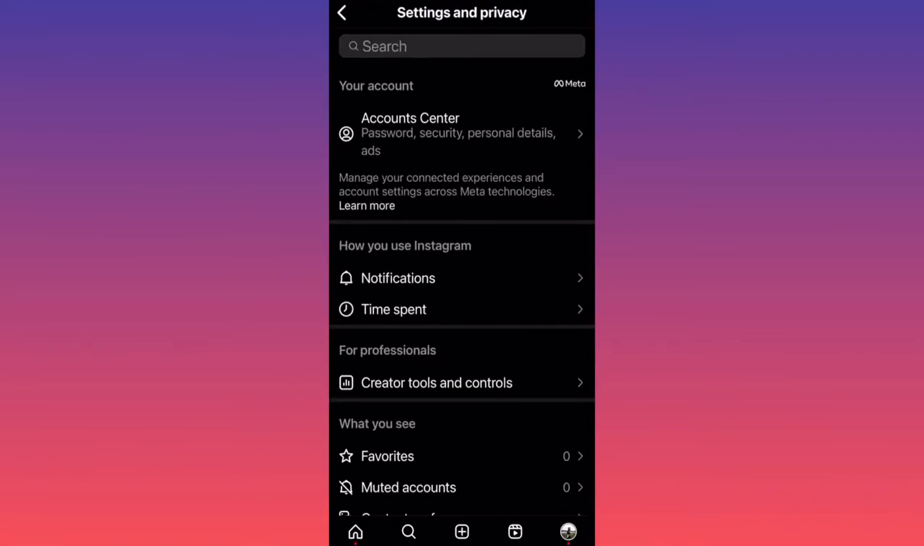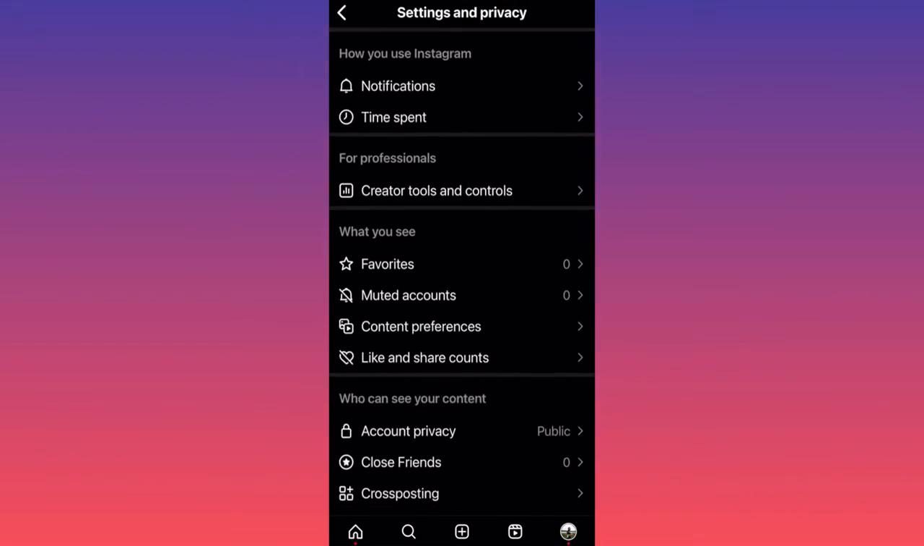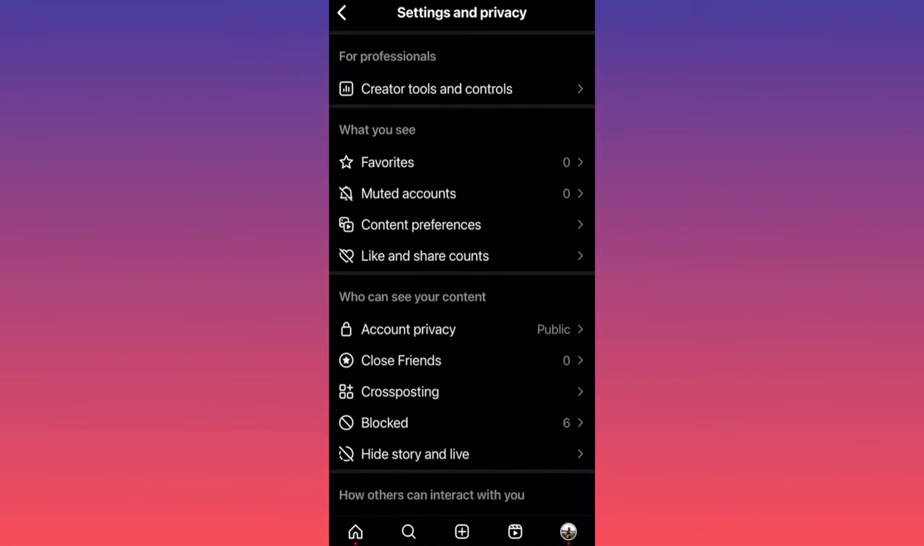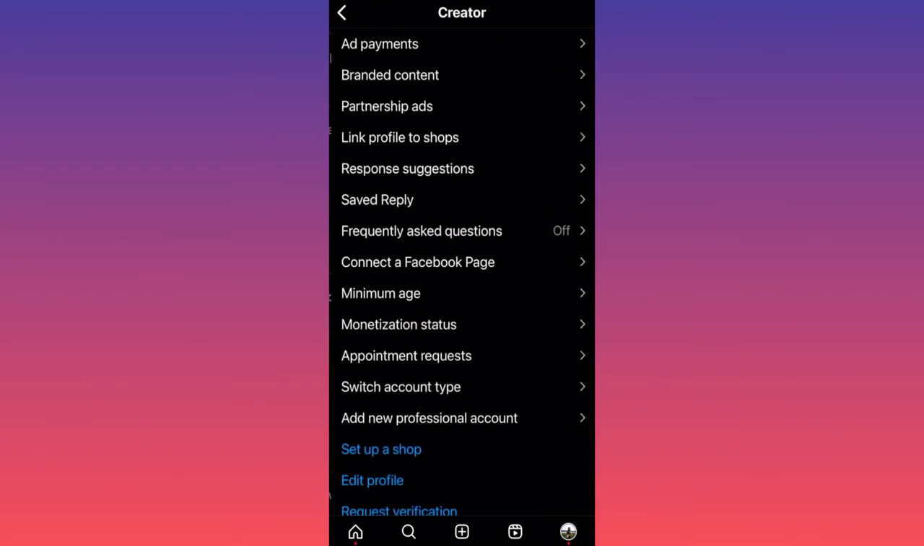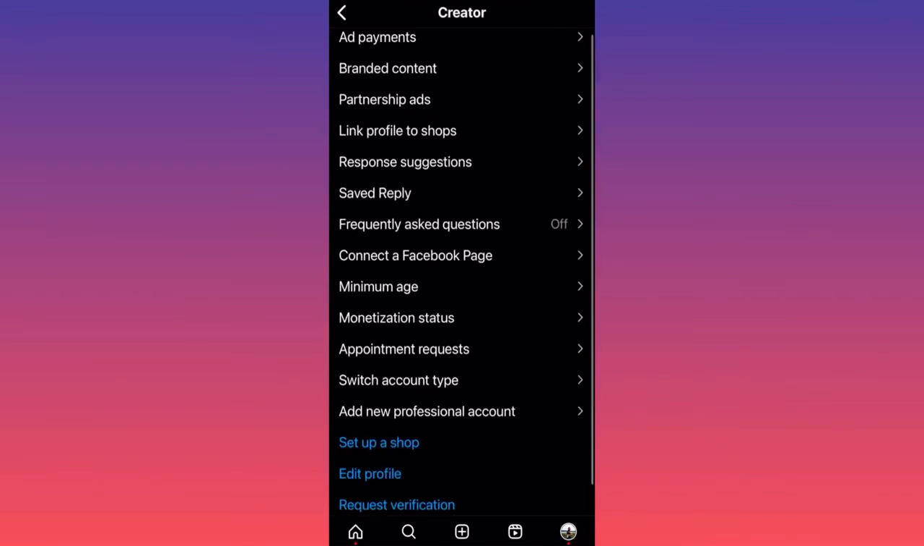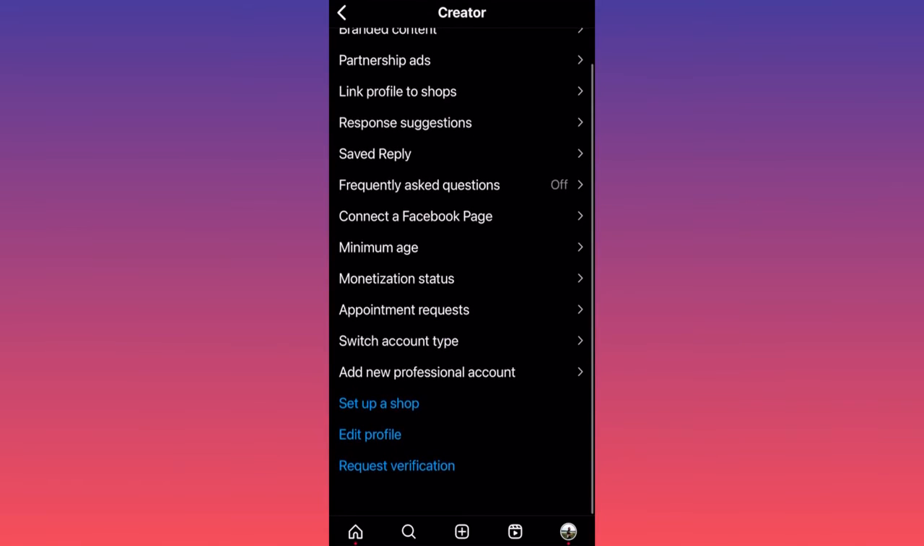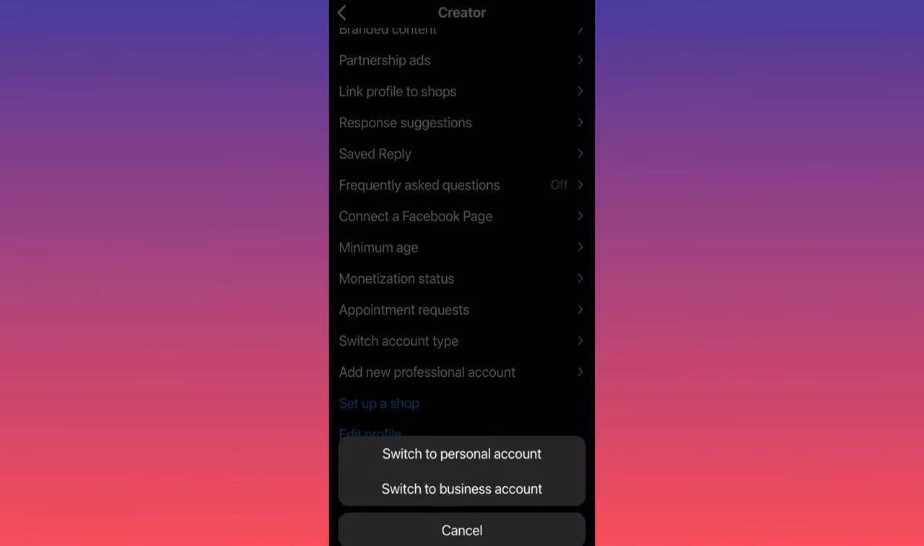When you're at settings and privacy, I want you to scroll down to the section for professionals and please click on creator tools and controls. When you're over here, I want you to scroll down and click on the option that is called switch account type. When you're over here, all you gotta do is to click on the second option, which is switch to